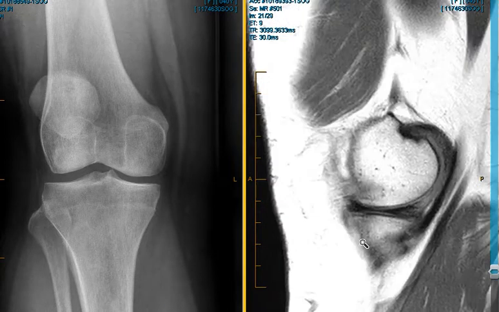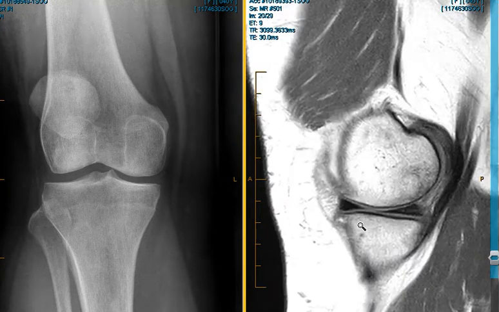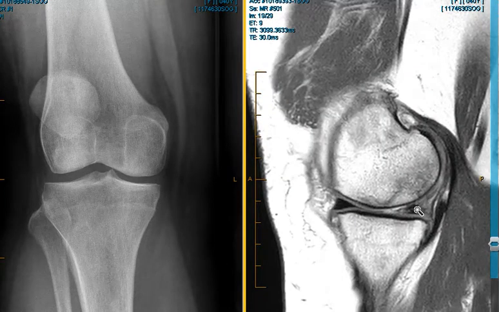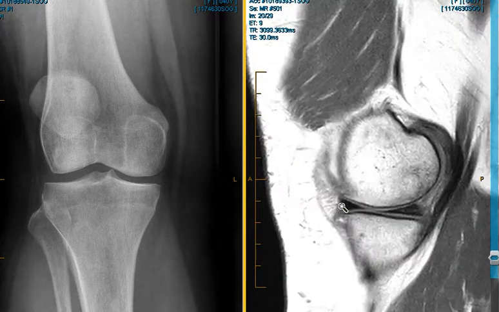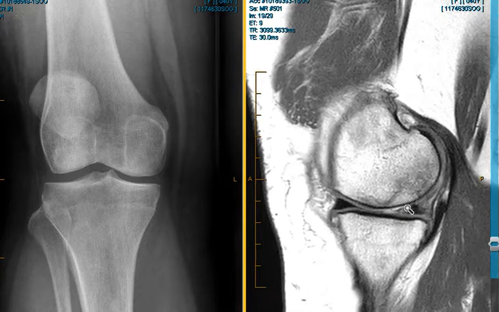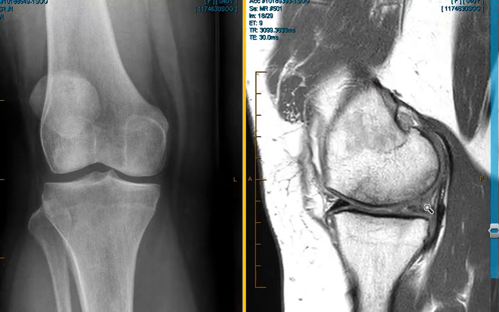This patient also had a tear of the meniscus. This is the medial meniscus. This is the front, the dark little triangle. This is the back of the medial meniscus, and they should look like a mirror image. Nice jet black triangle in the front, nice jet black triangle in the back, but if we go to this image, you see that triangle looks irregular, and here we don't see it at all. So a complex tear back here in the posterior horn of the medial meniscus in this patient with AVN or